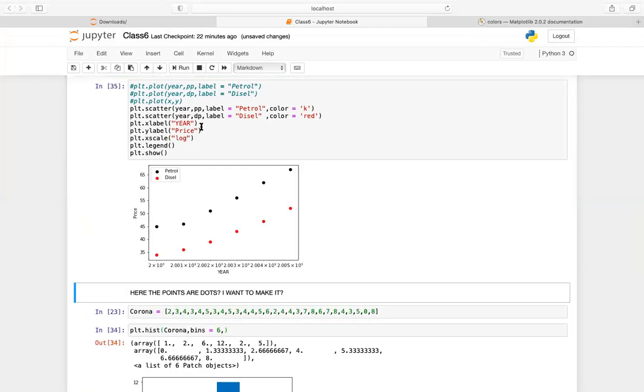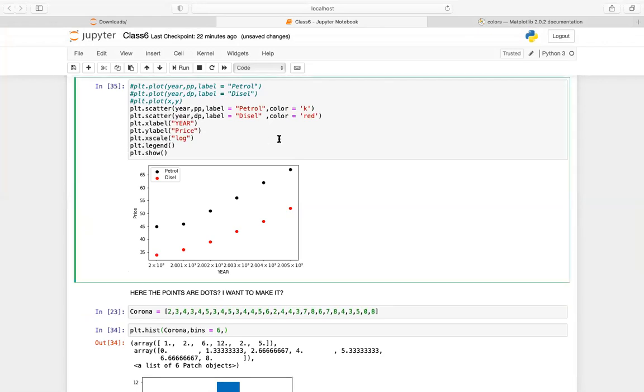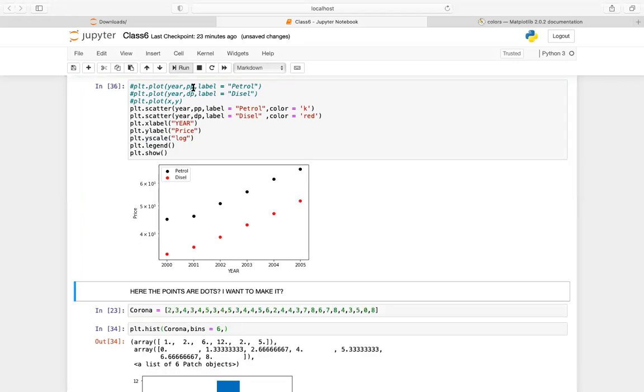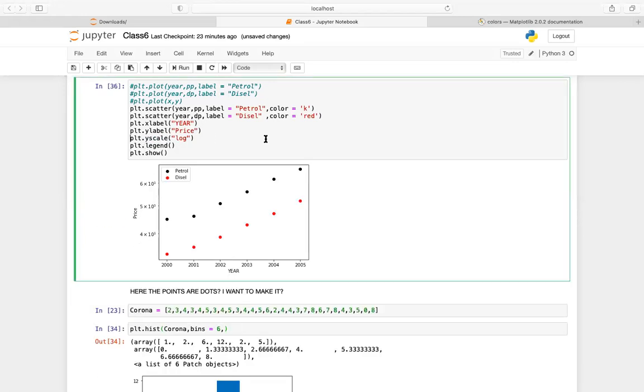If you want the y axis in log, you should be able to make it log too. That's how it works.